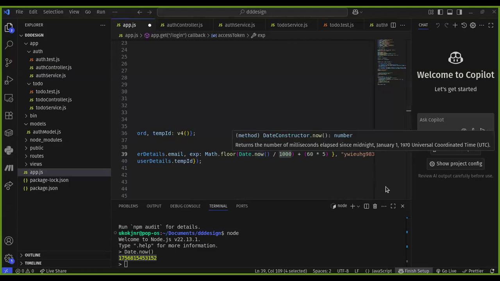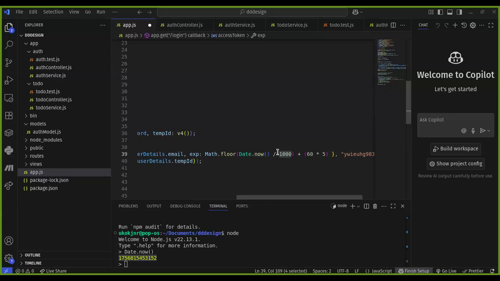Okay, I was correct, right? It returns the number of milliseconds elapsed since midnight, January 1st, 1970, Universal Coordinated Time, UTC. So what you have here is the time in milliseconds, but to convert it to seconds, you have to